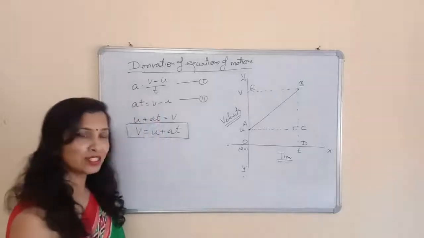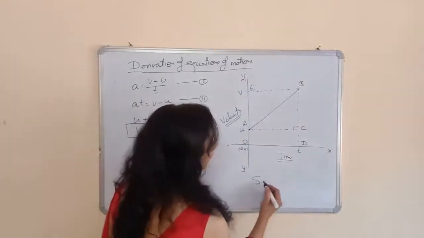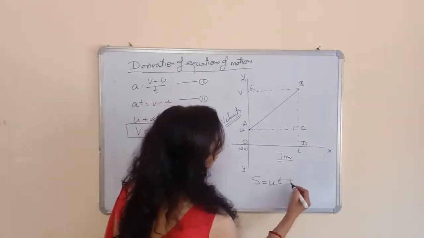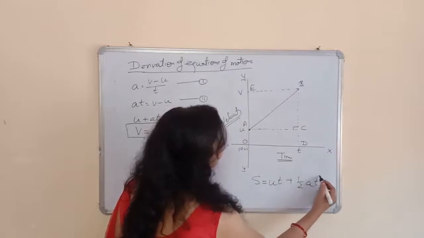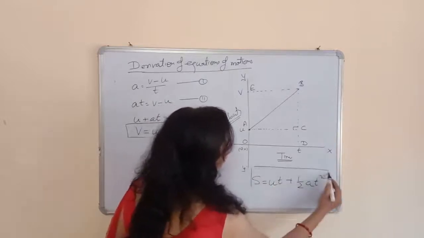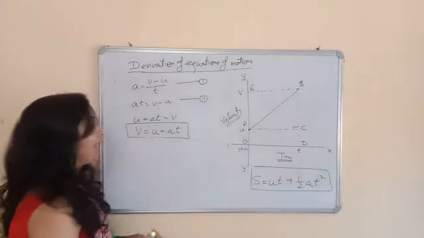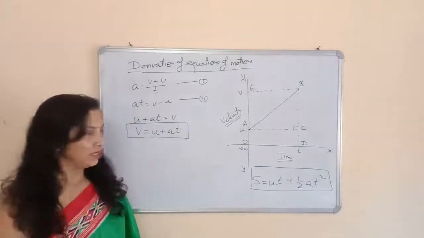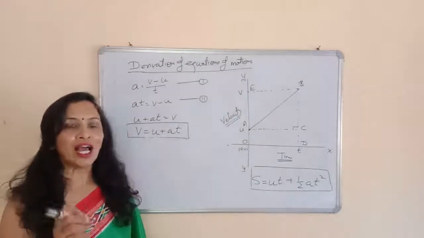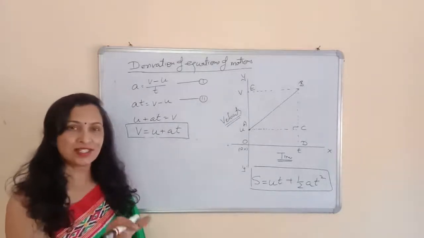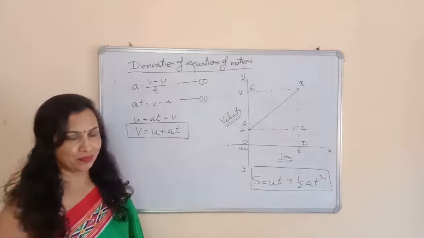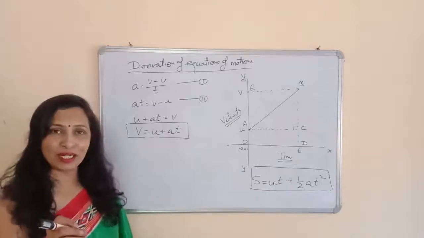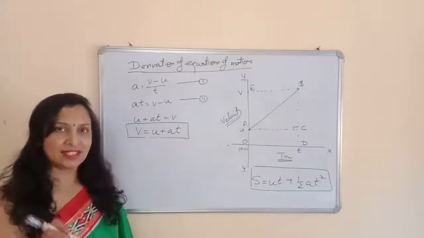What was the second derivation? S is equal to, second equation, sorry, S is equal to ut plus half at square. This is the second equation of motion. So first, in the statement which we have already written earlier, we have to mention that the distance covered by the body is s. In the last, you will write the statement like the body cover the distance s.